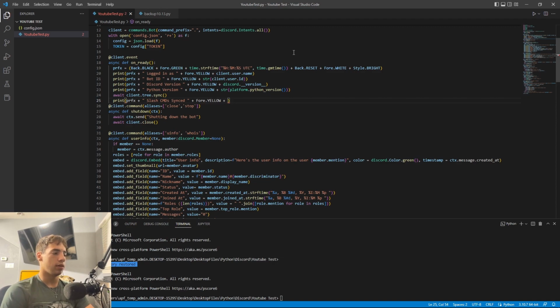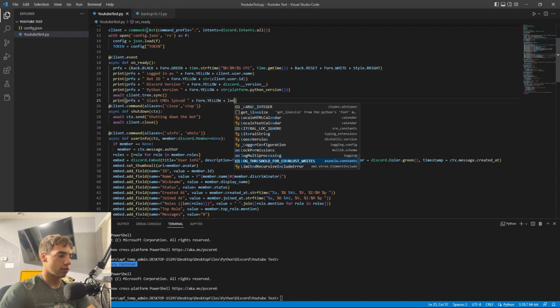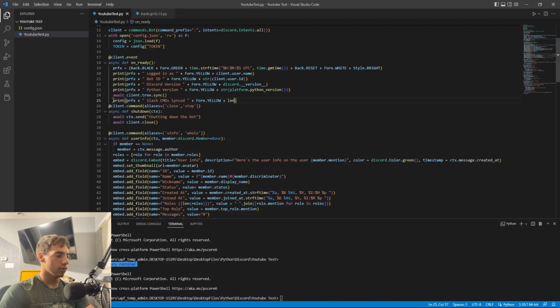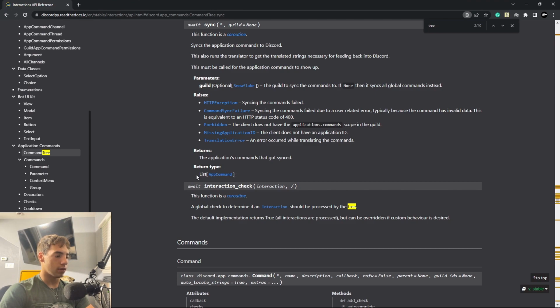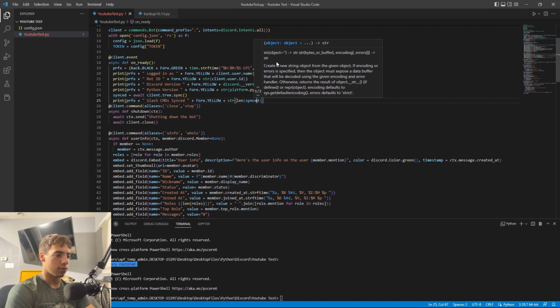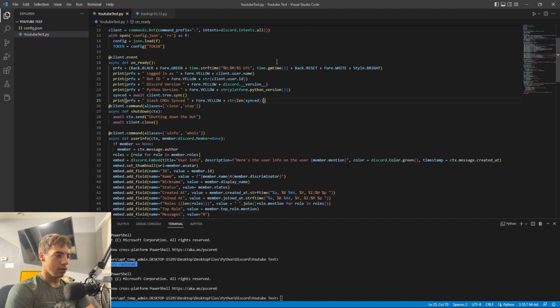We're going to put how many commands are synced, so we're going to do the len of this. When you sync, it returns a list of all the commands. So I can set this to a variable, synced, which will store that list of all the commands that have been synced, and the len of that list is how many commands we have. So the len of synced, and this returns an integer, so let's put this into a string. The len of synced